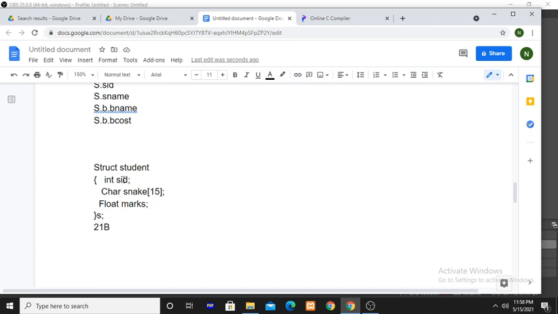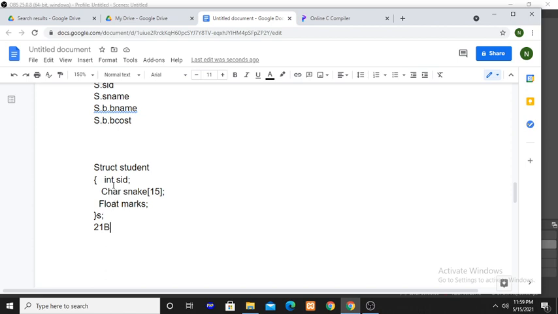So here one integer location is created, and one char type group of 15 char elements. So 15 bytes of char type memory is created, and 4 bytes of floating point memory is created. 2 bytes of integer memory, 15 bytes of char type memory, 4 bytes of float type memory.